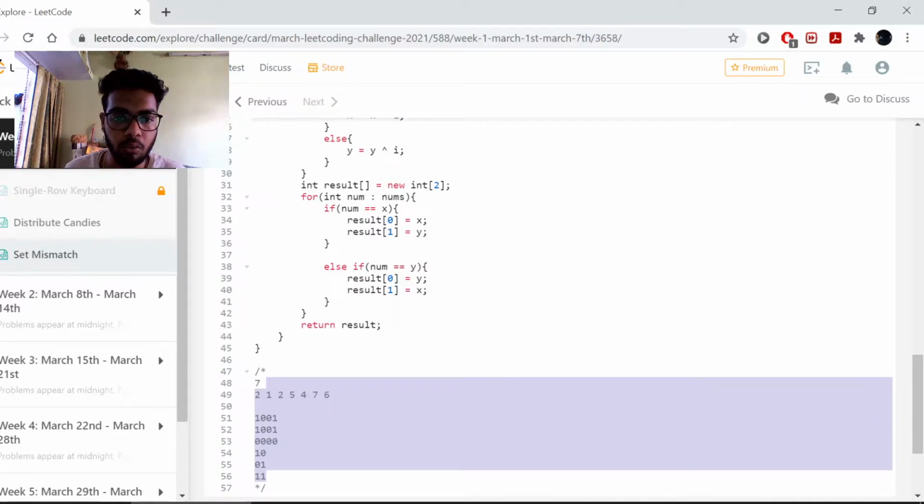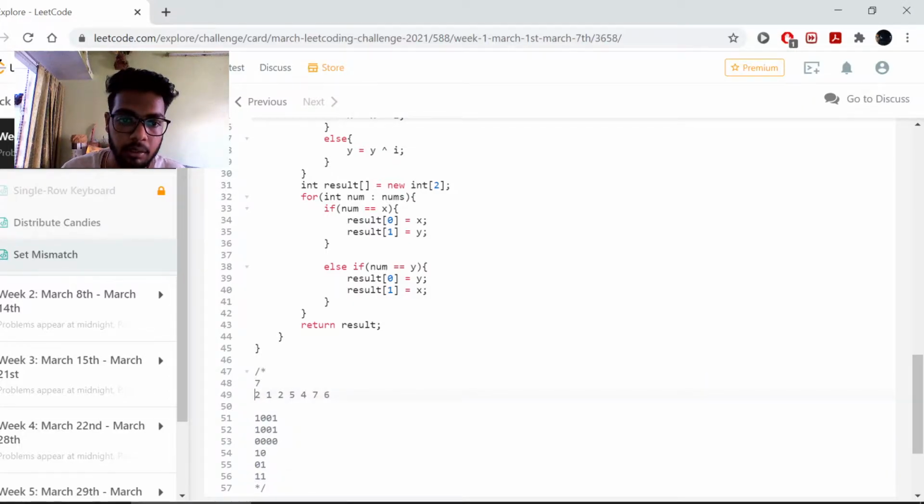Now we are going to XOR all of these elements with another array from 1 to 7. As soon as we do that, everything will cancel out. This 2 would be cancelled out by this 2, this 1 by this 1, as you can see here, this 5 by this 5, and so on. At the end, we'll be left with nothing but the missing number, 3, XORed with 2. This is the value we'll store in our XOR variable.